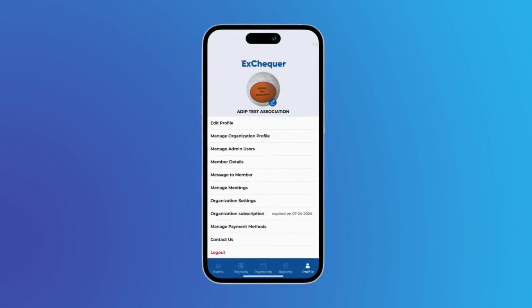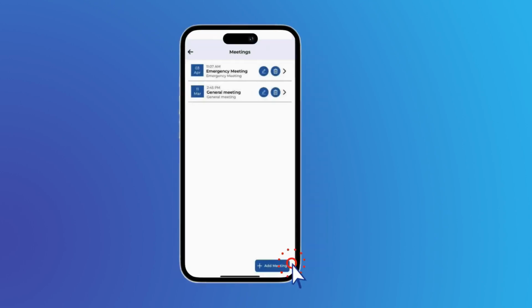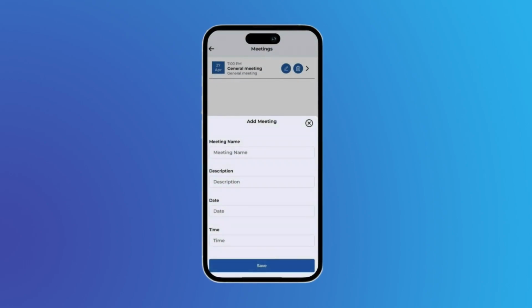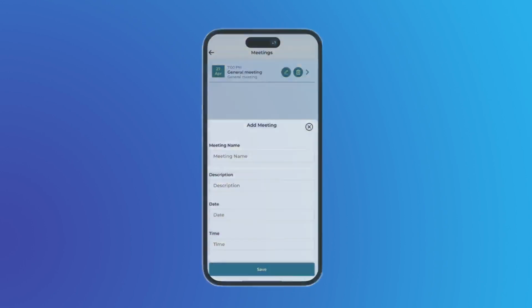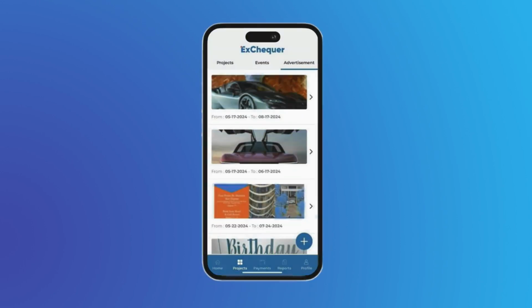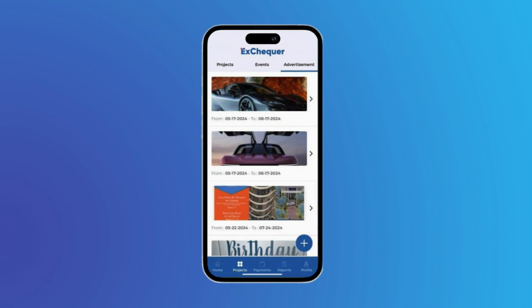7. To create meeting attendance, click on Manage Meeting under Profile. Click Add Meeting and enter name, description, date, and type of meeting such as emergency, general, etc. Save. 8. To create projects, events, and advertisements like weddings or birthdays, go to Project and choose Project, Events, or